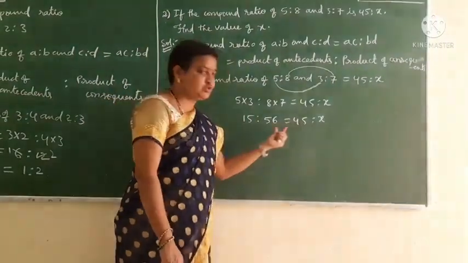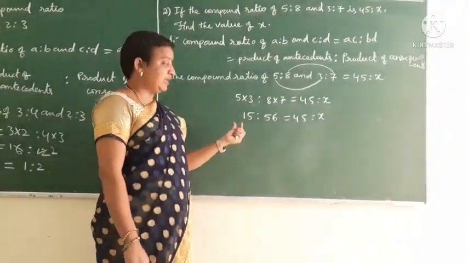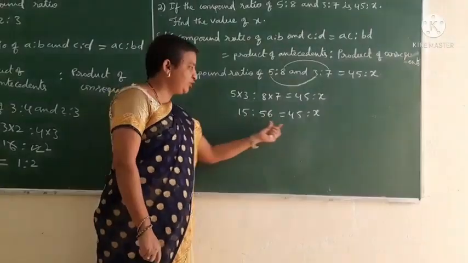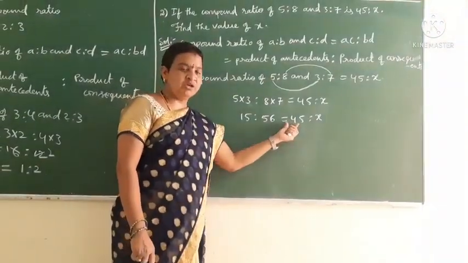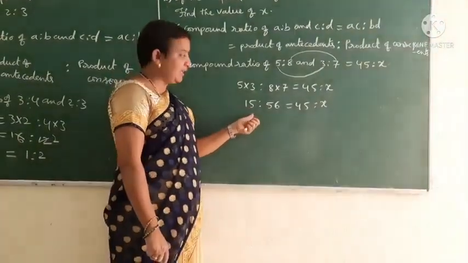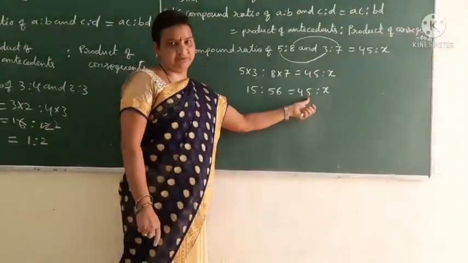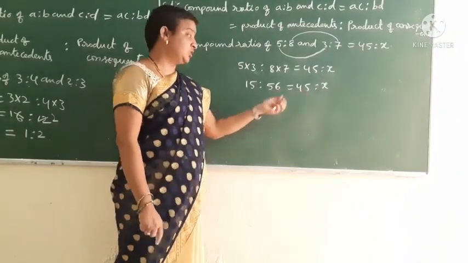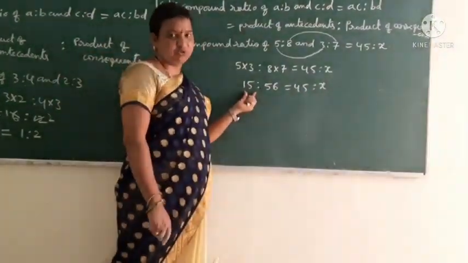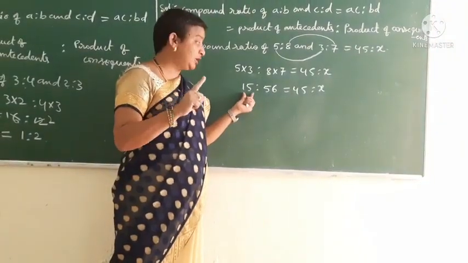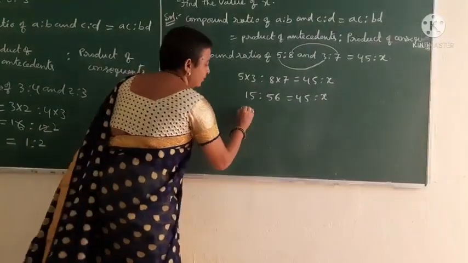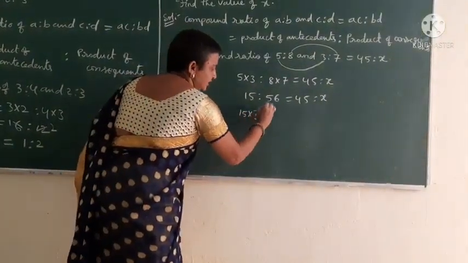Then these two ratios are equal. That means we have to make 15 equal to 45. How can we equalize? If 15 is multiplied by 3, it will be equal to 45. Okay. So if you want to multiply any term in the ratio, you have to multiply the total ratio compulsorily. Okay. So 15 into 3 is to